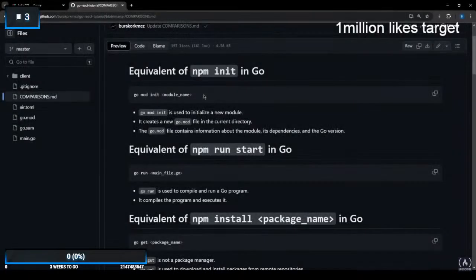So before we start coding, if you visit the GitHub repo that you could find the link in the description, you will see this file called comparisons.md. So I know that most of you guys have the JavaScript background with Node.js, so I wanted to create this kind of like notes or cheat sheet that you could use before starting the tutorial, or maybe after completing it. I think that would be kind of like a cool comparisons that we could do in the Go environment and Node.js.